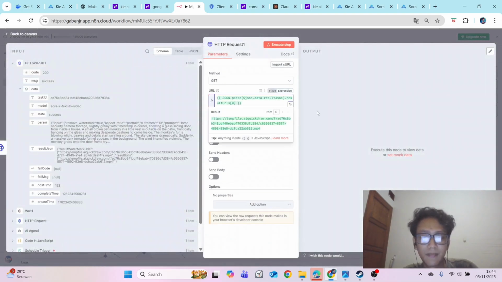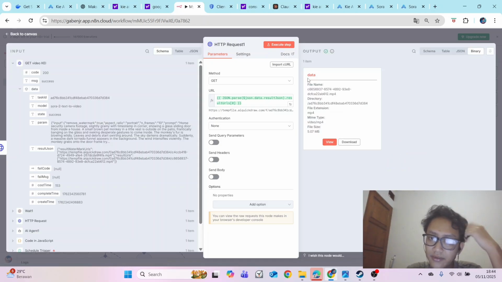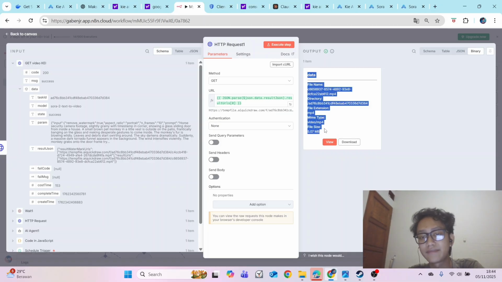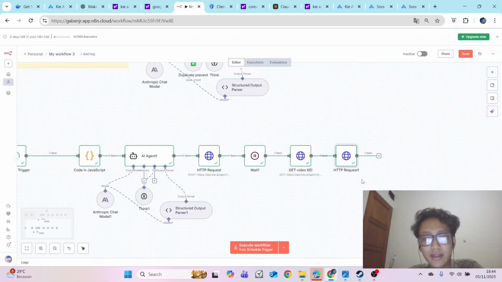Okay, the JSON data and the authentication, you don't need to change anything, and we test this execute step. So here we get the binary. This is the binary file, and the file size is only 5 megabytes. This is the file that you use to upload directly into YouTube. Okay, so after we get the binary file here, we can upload it into YouTube